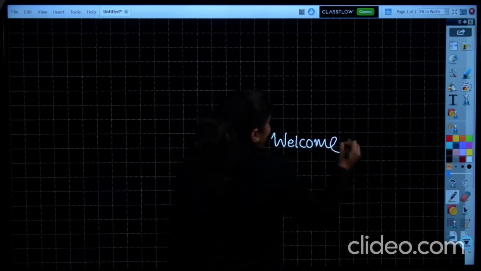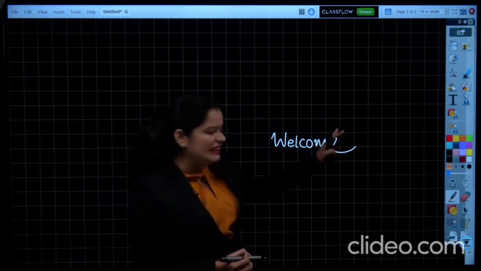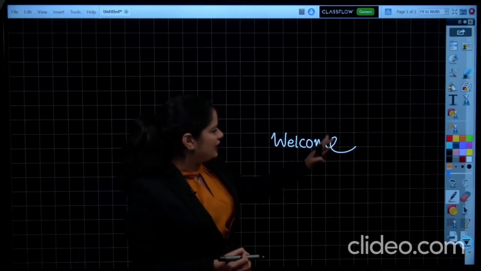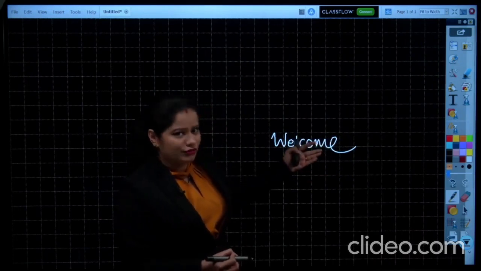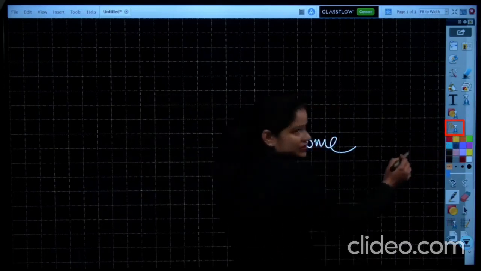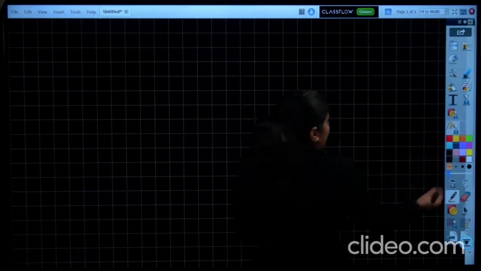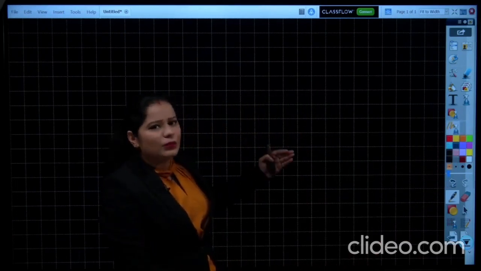So just select the pen tool and write something. Let us suppose I don't like whatsoever I have written here with the help of this pen tool. This E is so much dramatic. I have written the incorrect word over here. Now to rub this off, it's not always necessary that you use this annotation clearance tool. If you click on this, all the things will be gone, and you may not require that.